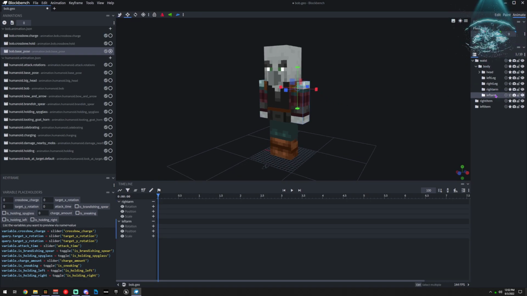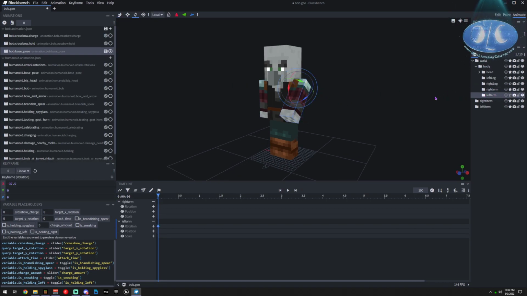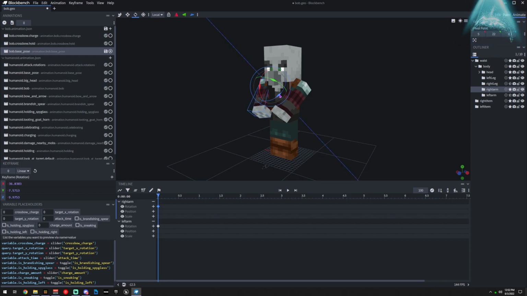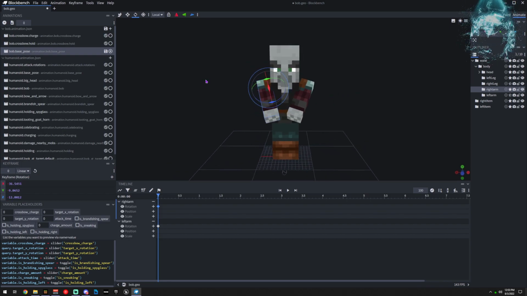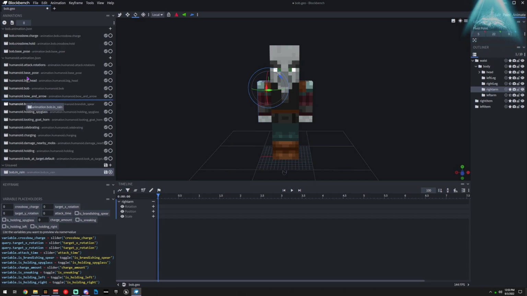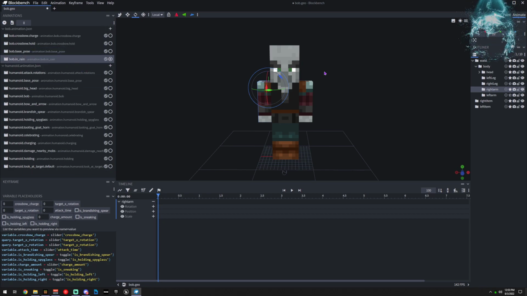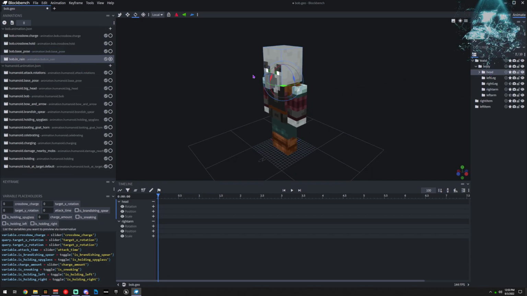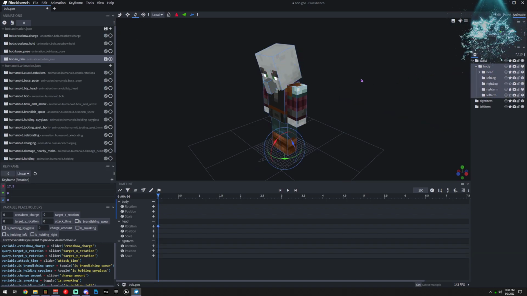So then I can take the left arm, and I'm going to just change his base pose to be his arms are up, like maybe like they're together. Okay, so there's a base pose. And then let's add another animation. So let's come in and say in rain. So when it's raining, I want you to do this animation.